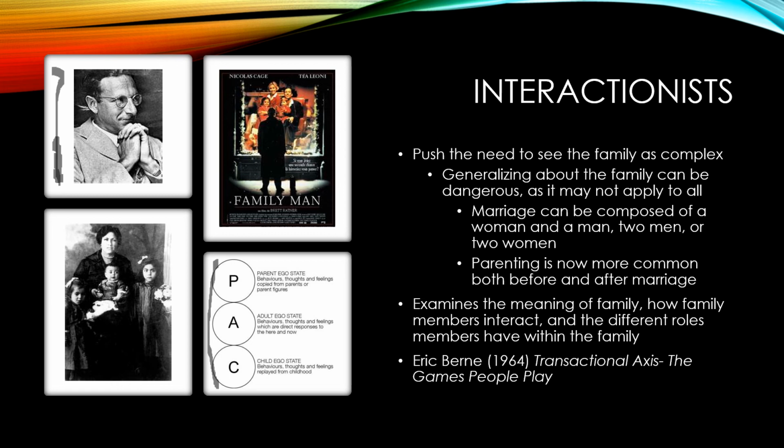And then when you have the child ego state, these are just three separate bubbles. It's not really a process at all that you're moving from P to A to C. You can utilize them at any one time. So sometimes you might be in the adult ego state, and then you go back to parent, and then you go to child, and then you go to child again. So with the child ego state, you're just basically replaying your behaviors, thoughts, and feelings from childhood.